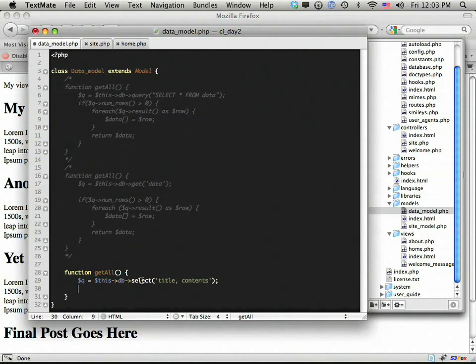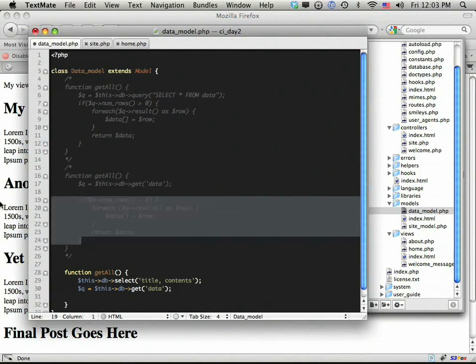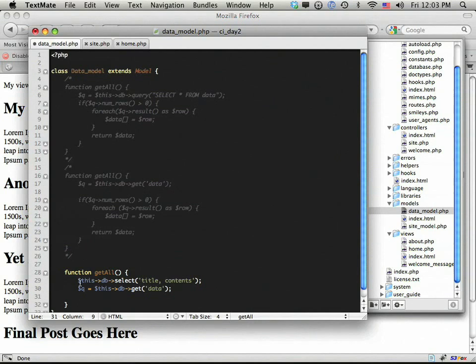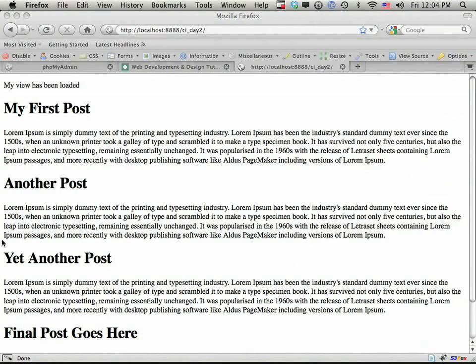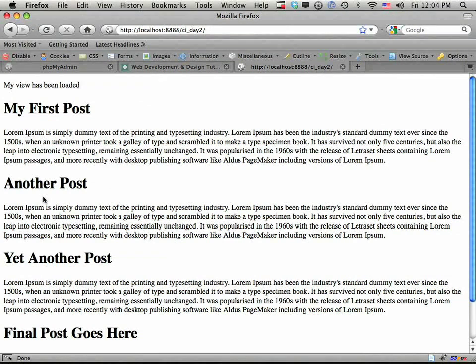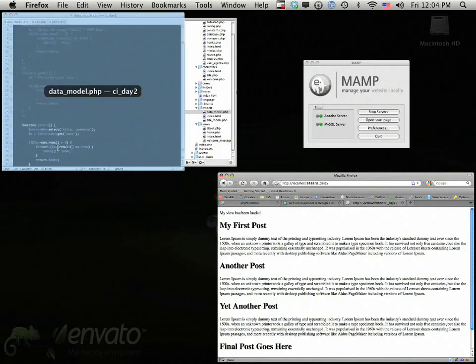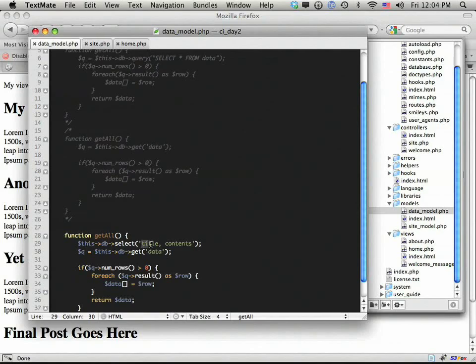Contents. And then we would do, let's get rid of the Q. And we do Q equals this DB get, and then once again, data. And what I'm going to do here, to save time, is copy all of that, paste it in, refresh the page, and nothing's going to change, but I can assure you that this time it's only going into the database and grabbing these rows, and that will be much quicker for you, especially when you have